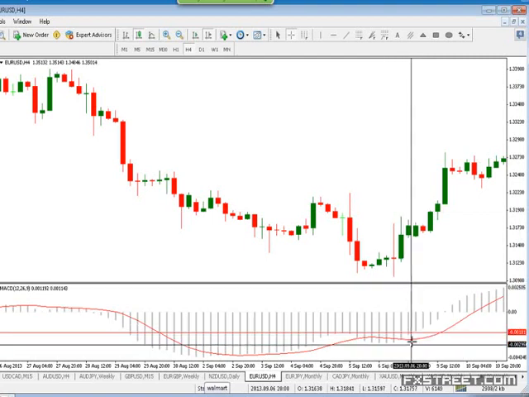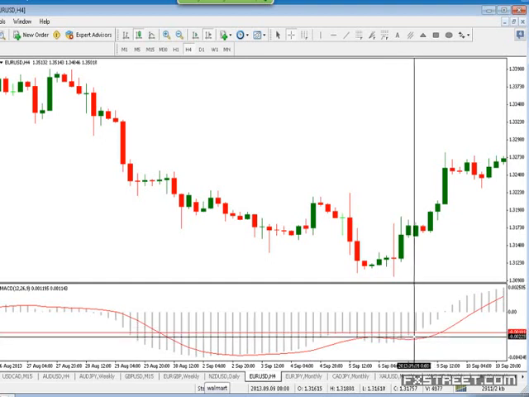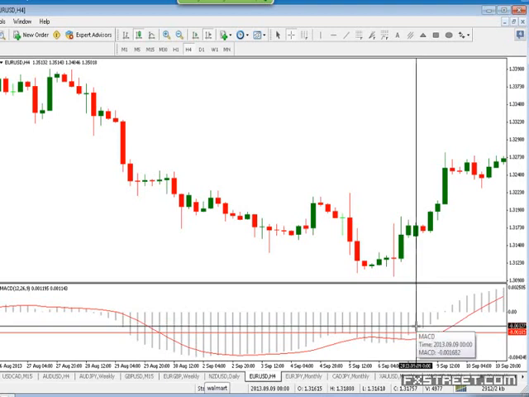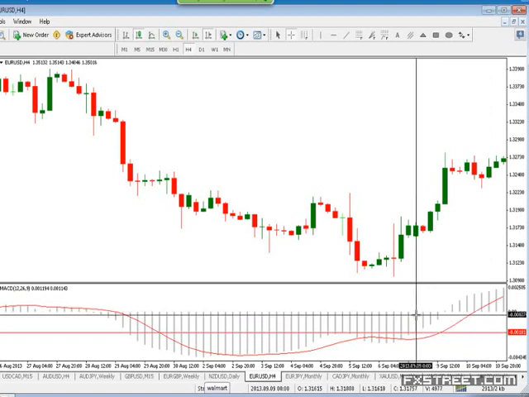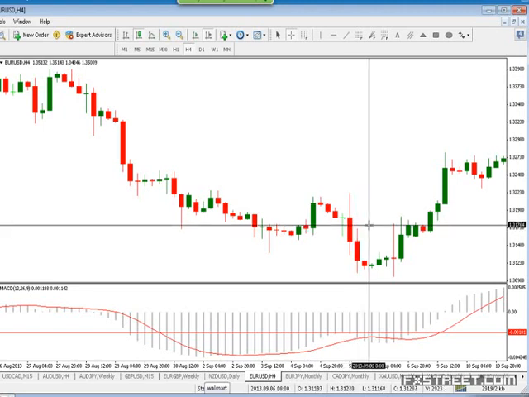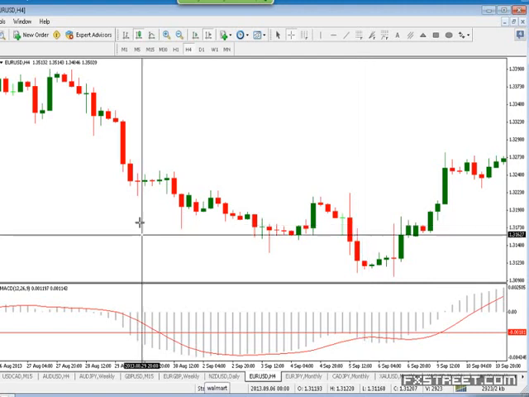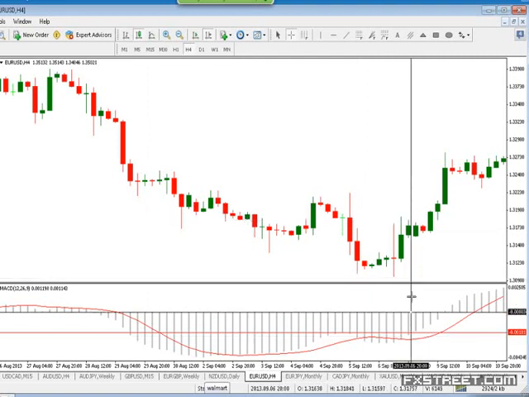Now, if you look at this particular bar, the histogram bar is still within this line or below this line. Now, this particular histogram bar forms completely above this line. So it's only at the close of this particular bar, when I get the close of this histogram bar, that I have a very strong confirmation that we are indeed looking at a change of trend, or we are looking at a shift of momentum. Let me put it this way: we're looking at a shift of momentum. I would always use an indicator along with price action to confirm my entries. I would probably look for levels of support, resistance, or maybe even a break of trend line. But this gives me an advantage.